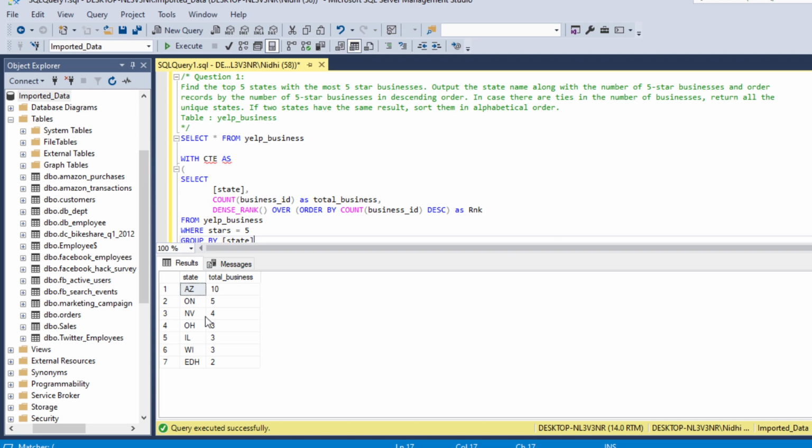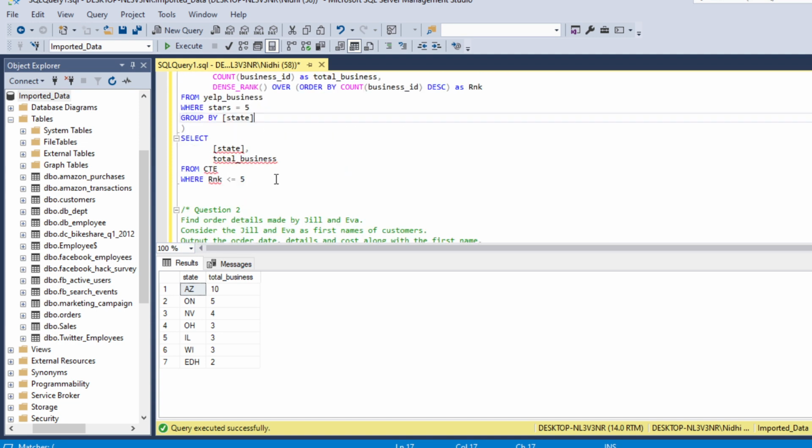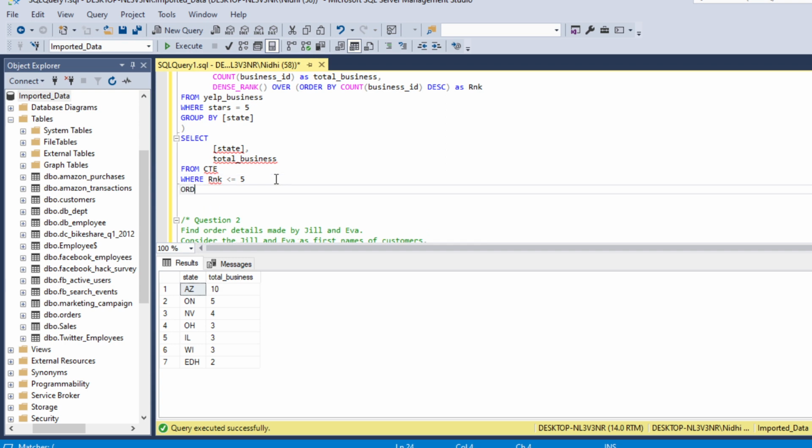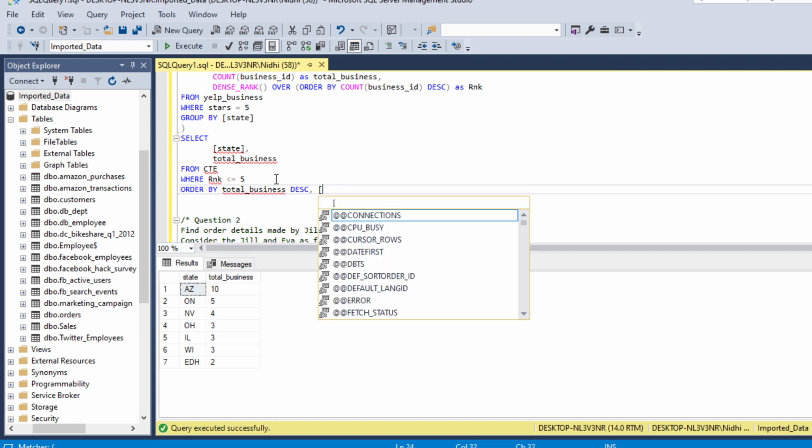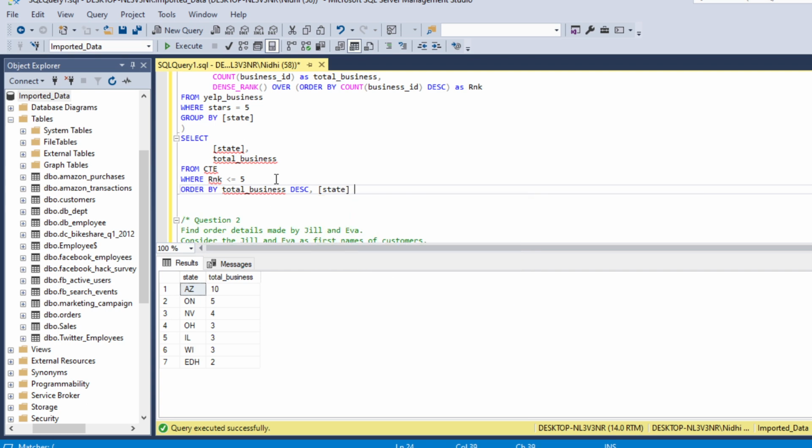So now we need to order it by total businesses in descending order, and in case there are ties in the number of businesses, then we need to return all unique states in ascending order, which is alphabetical order. So we will write order by total business descending and state ascending.